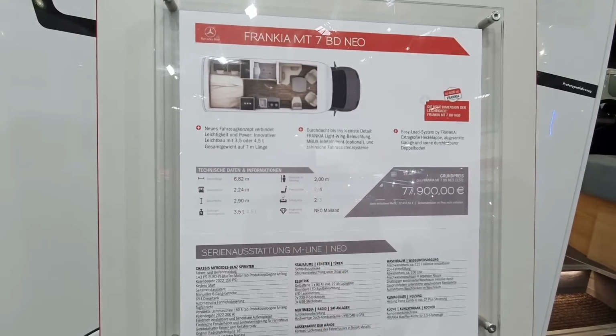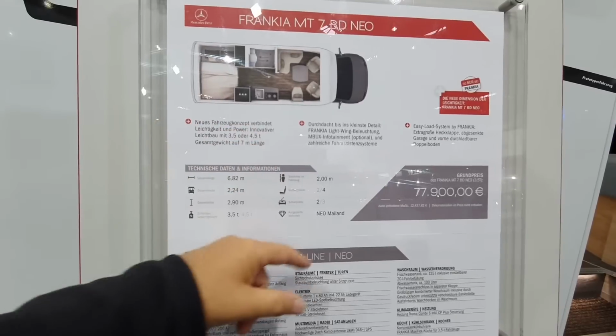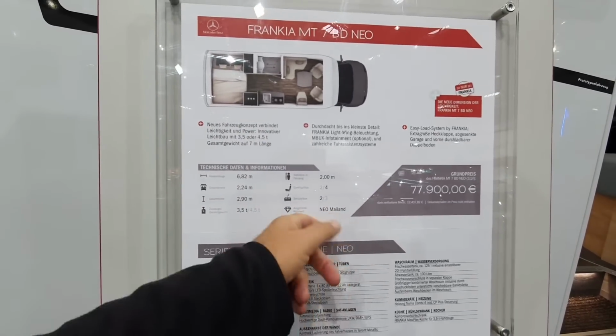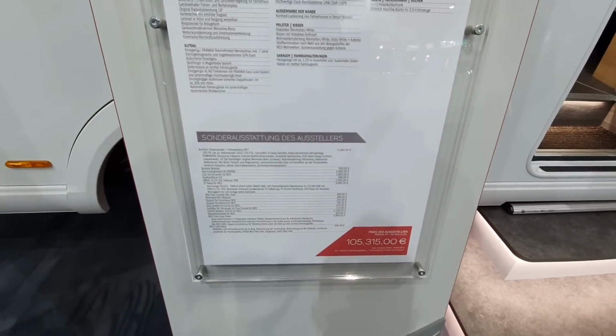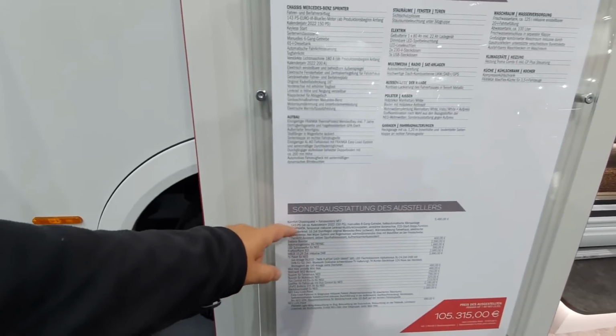You can have 4 seating places, but if you wanted, you could get rid of 2 and have 2 seating places, 2 belted places anyway, 2 or 3 sleeping places. This is called the Neo Milan. Look to it. It starts off at 78,000. This is 105,315. It's got all of this extra stuff, most expensive of which is putting on 143